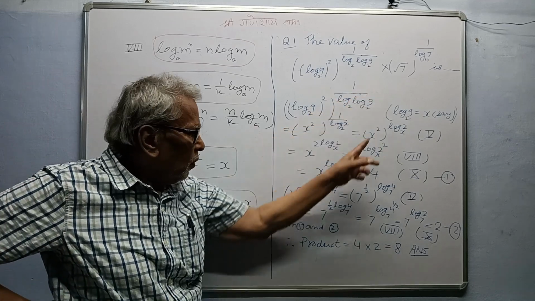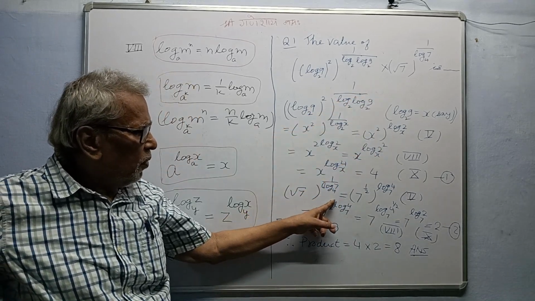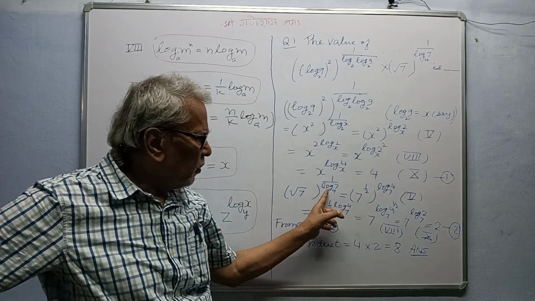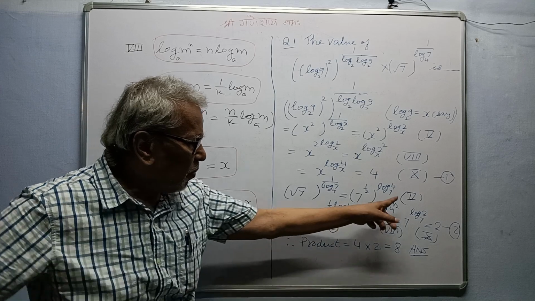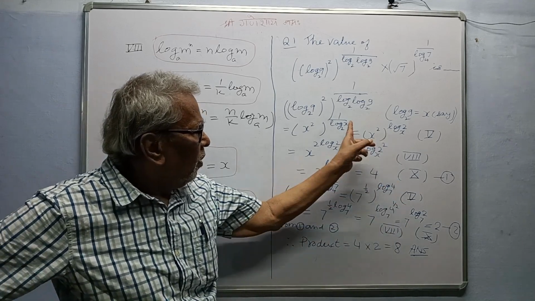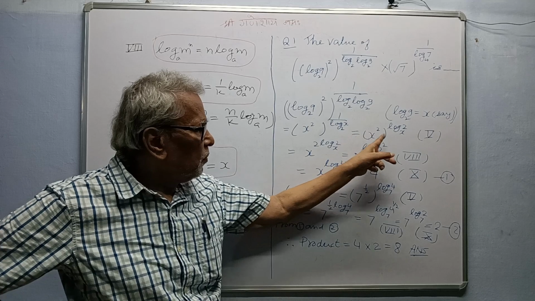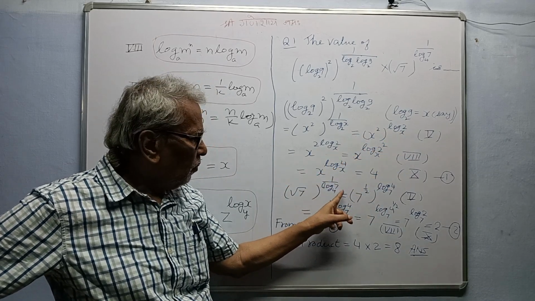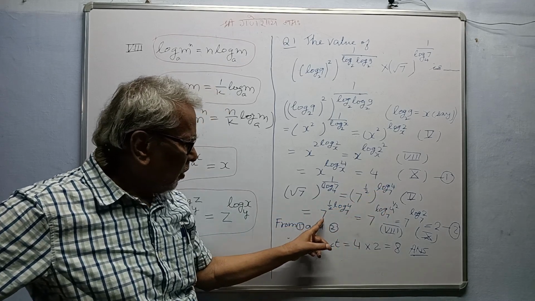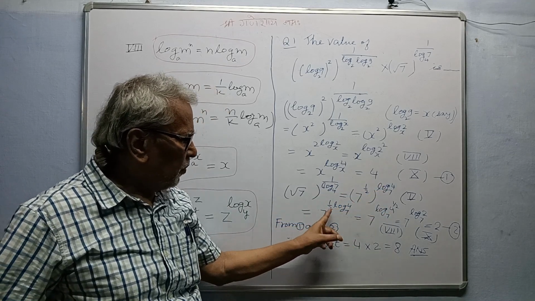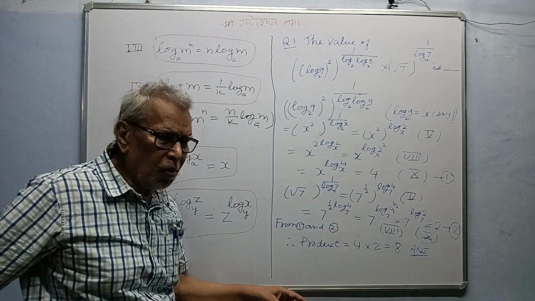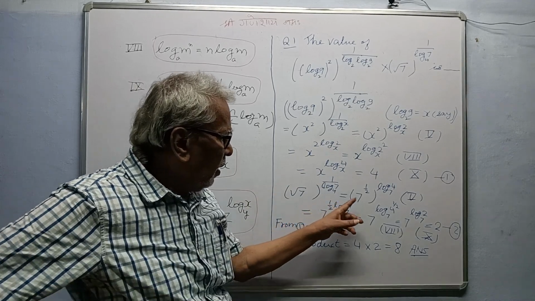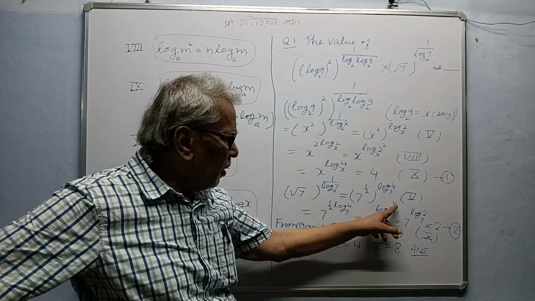Now this one. Root 7 to the power log 1 by 7 4. So root means 7 to the 7 whole 1 by 2. And this is the property of interchange, the fifth property, like this. 1 by x log x base, so log 2 to the base x. So change it. So log 4 to the base 7. 7 to the power, simply half into log 4 to the base 7, as we have done in the previous case also. This half will come here.